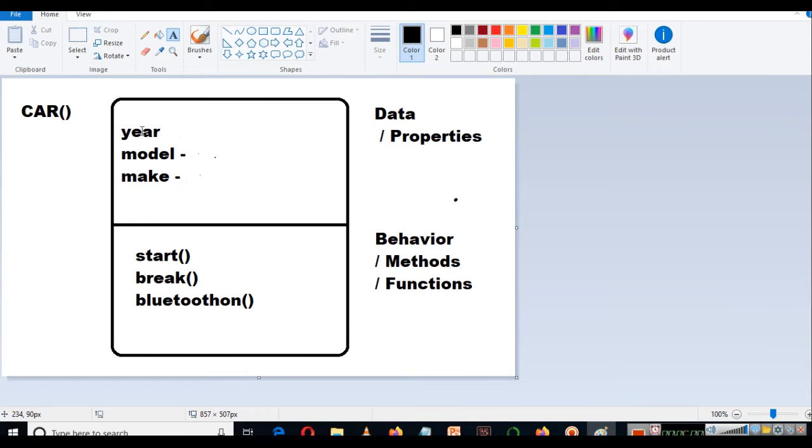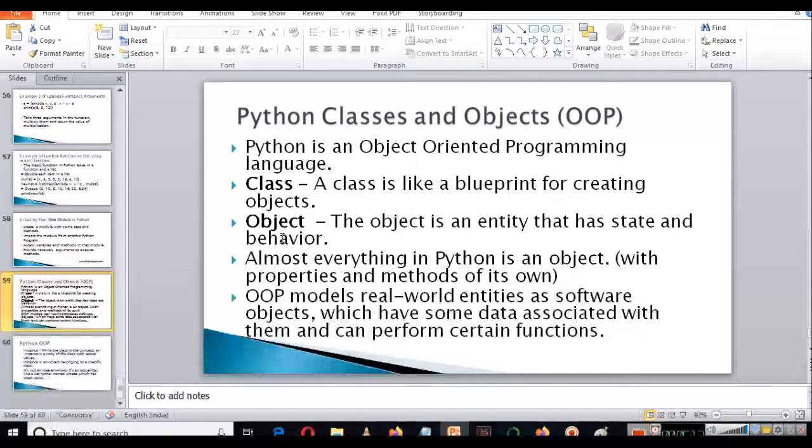For example, the year variable can have a value 2020 or 2019, whatever value you want to give it. So this is the concept, and this is how we can define class and object. And that's why we are saying object-oriented programming models real-world entities as software objects. They have some data associated with them, and they can perform certain functions.